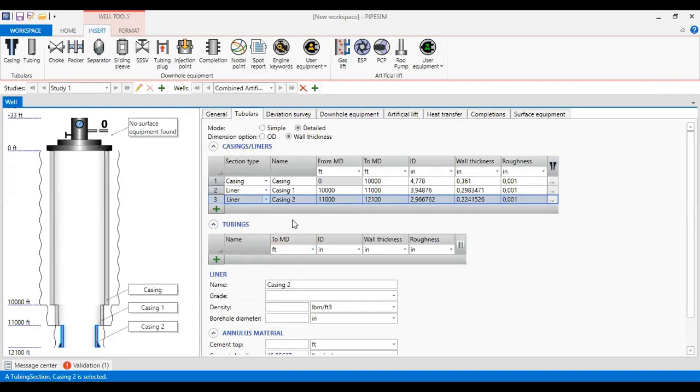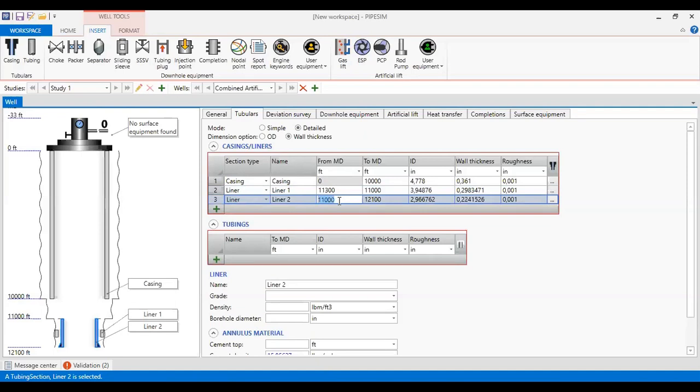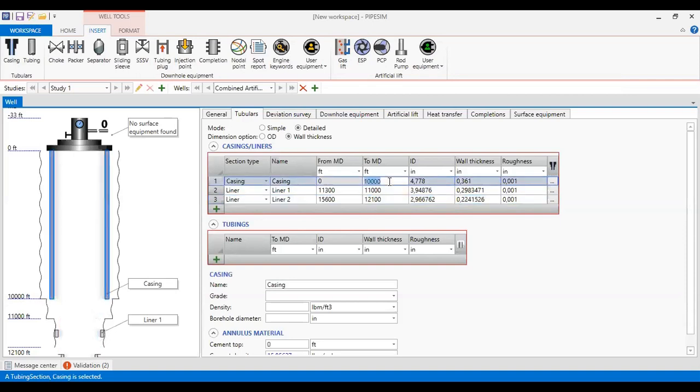Okay, so now I continue. I have casing here and I call it liner 1 and then liner 2. Okay, and then this one is the 11,300. This one is 15,600. Okay, this one 11,300.